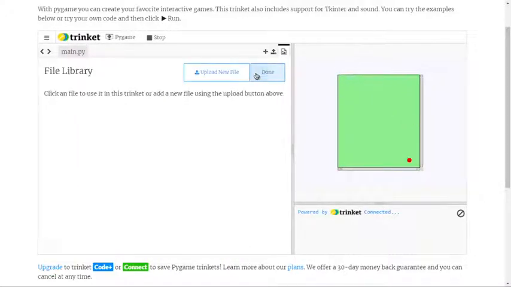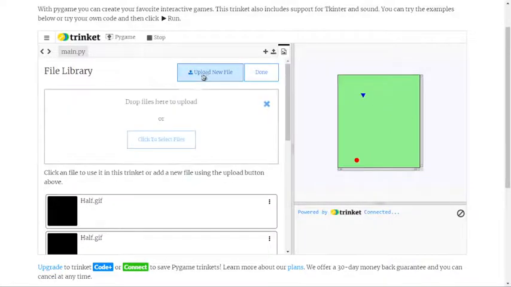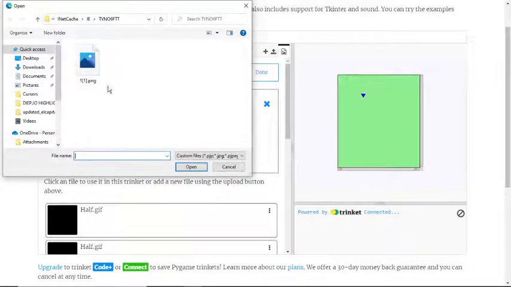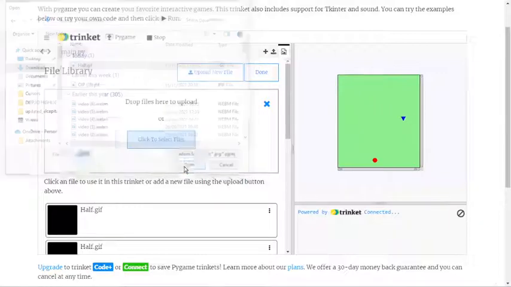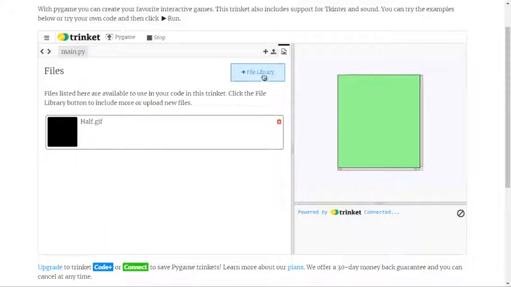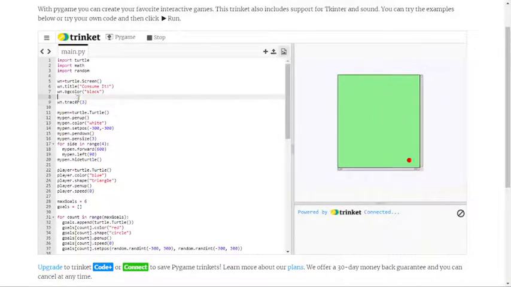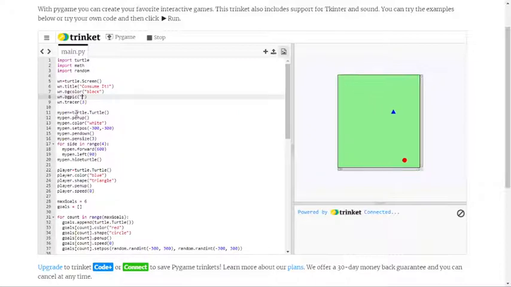So I press this, I add a new file. As you can see, there's a lot here because I've been doing my own. So I'm going to click that. Now I'm going to open this, wait till it's done, and then press done. So now that should be working. I'm just going to do window.bgpic, which is window.backgroundpic. And then I did a GIF image, because for me GIFs have worked perfectly rather than